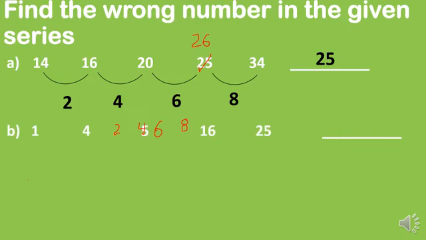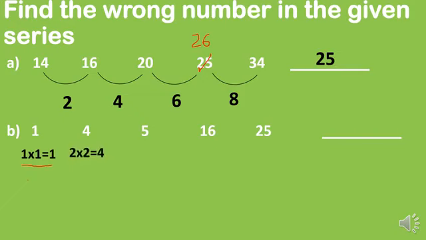Next is, let me erase that. Yes, the next series is 1, 4, 5, 16 and 25. So these numbers are in increasing order. It means this is multiplication or addition. Backward या फिर subtraction ये नहीं हो सकता है. So let's check out the addition first of all, or it can be multiplication too. So let's see the solution. Yeah, 1 multiplied by 1 is equal to 1. Then 2 multiplied by 2 is equal to 4.